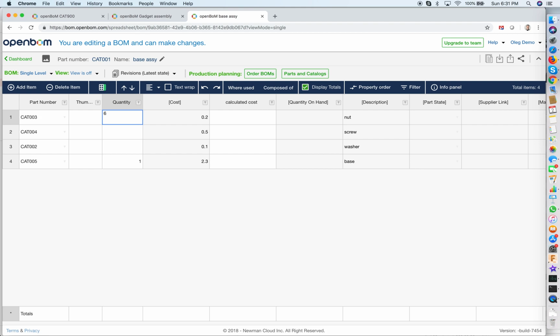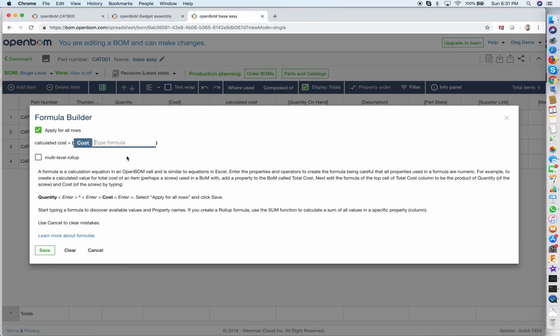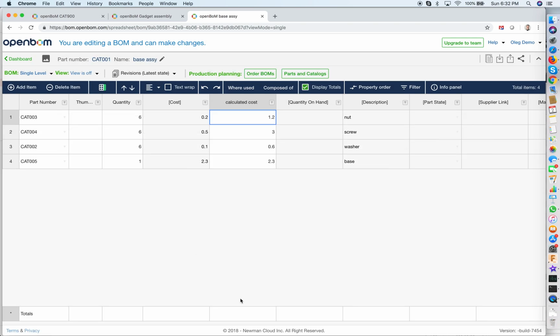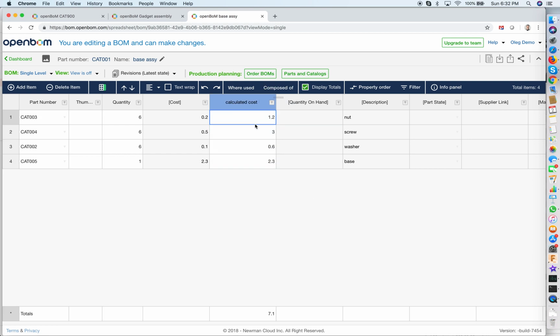So let's put 6 nuts, 6 screws and 6 washers, and we'll create a calculated cost. So it's cost times quantity. And again, we need to use this for multi-level rollup. We need to say what property is used for quantity and save it. As before, for this assembly BOM, we also need to enable totals. So now things are calculated, and we have quantities, and we have a calculated cost,